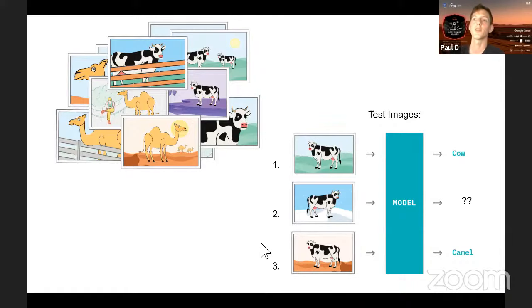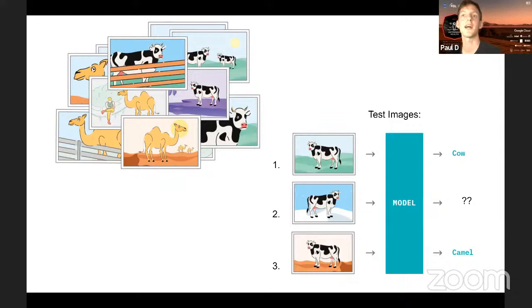So this is a kind of toy domain here, but imagine if you wanted to learn the causal drivers of identifying which animals are in these particular images. What you might do is grab a load of photographs of cows and photographs of camels, and you're trying to build a predictive model of which photographs contain cows and which contain camels.